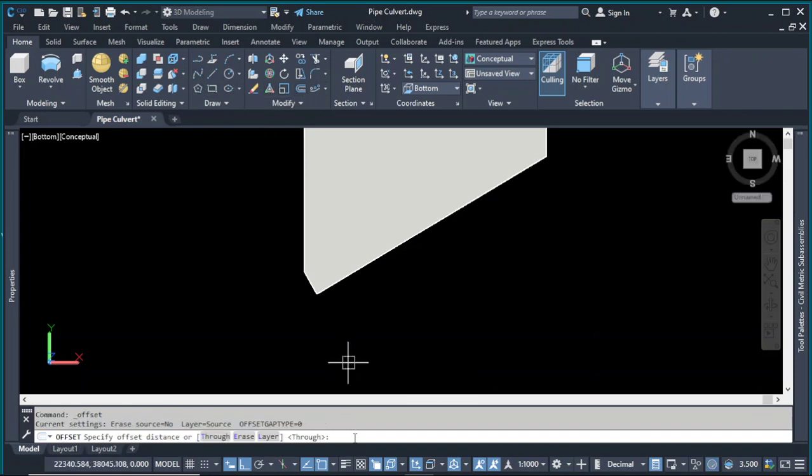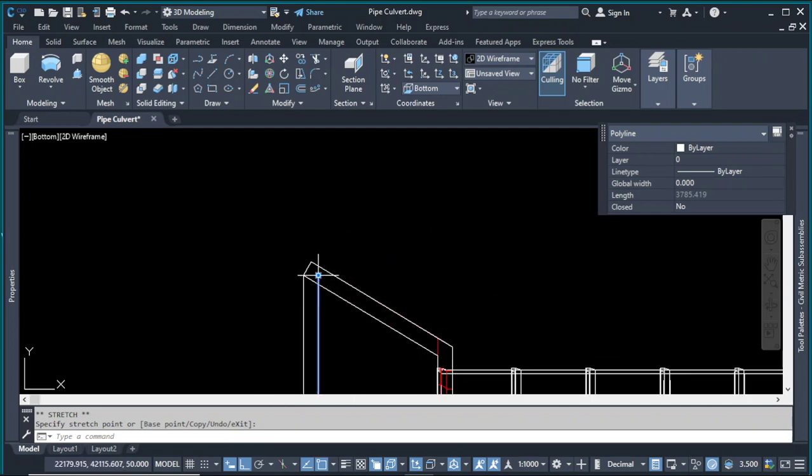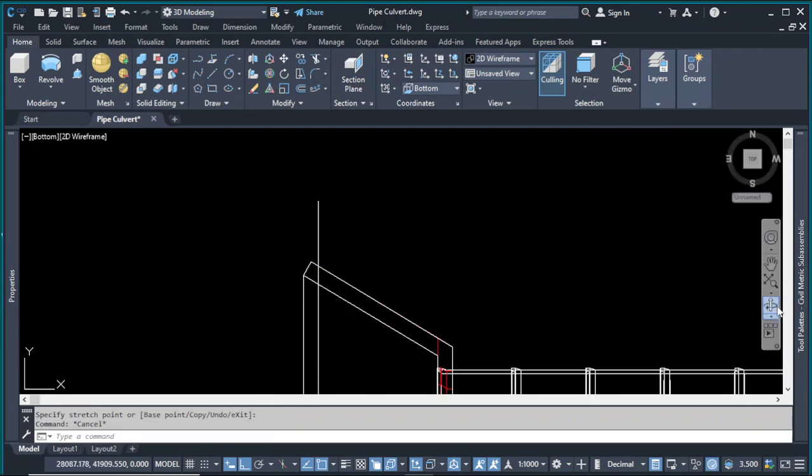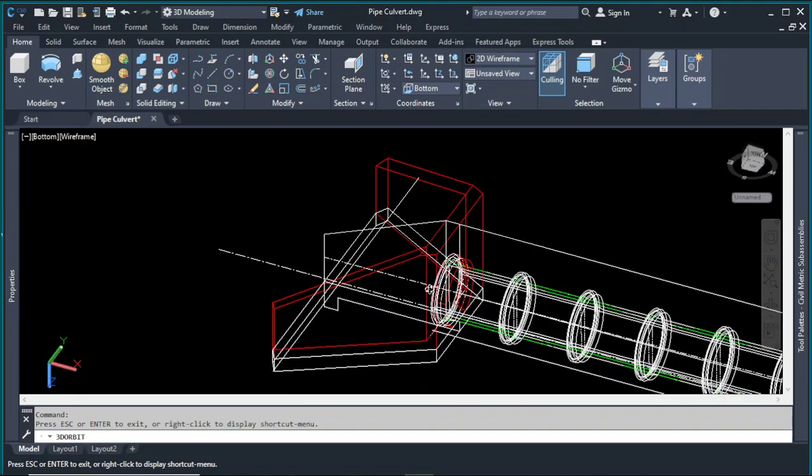Offset 200. Let's see if we are okay, and we want to move it like that. I don't know if we are in the same plane,